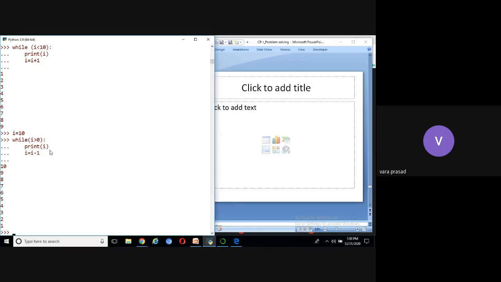Now the next question. Display the even numbers from 100 to 50 using a while loop. Shall I take x instead of I?